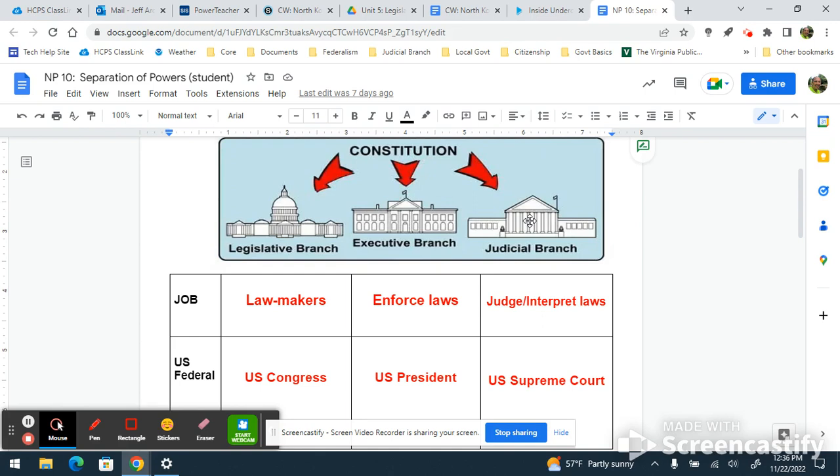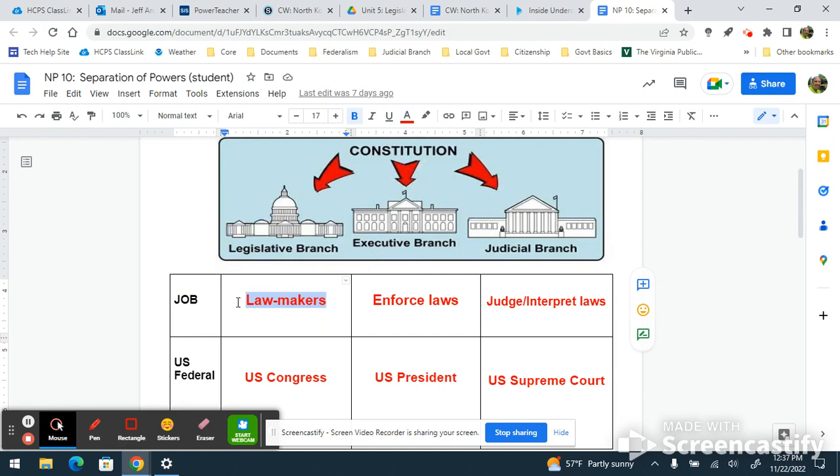Now, the main power of government is that government has the ability to make the laws that you and I have to live under. So, fittingly, the separation of powers is all about dividing what each branch can do with the law. For example, the legislative branch, their job is simply they make the laws. That's all the legislative branch can do.